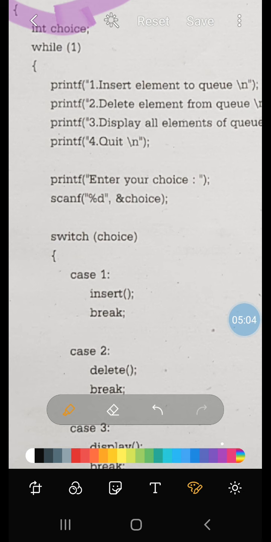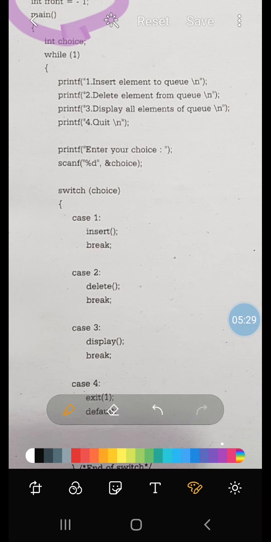Whatever is entered must be scanned. So the choice the user is inputting, we need to scan. It will get scanned, that is either 1, 2, 3 or 4, and it will get stored into the variable choice. So we are indicating that location with the ampersand, &choice. Then our logic starts. Switch choice: the value which is entered, maybe 1, 2, 3 or maybe 4, will be placed in the value field, here.